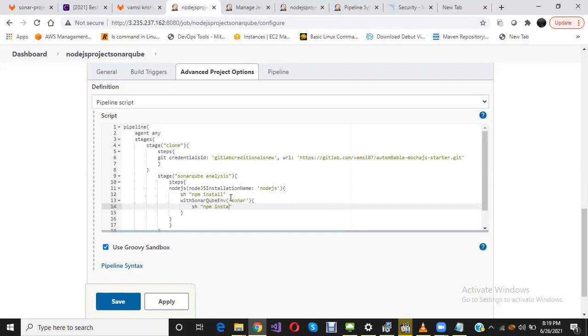This Sonar Scanner will scan your project and generate bugs, vulnerabilities, code smells and duplications, everything in the code.